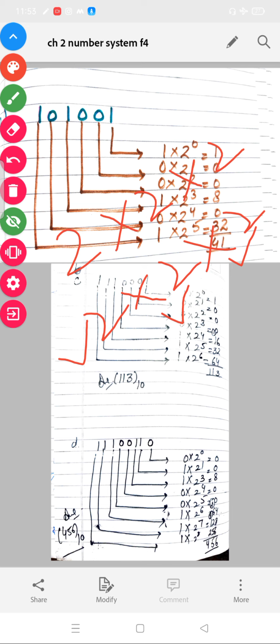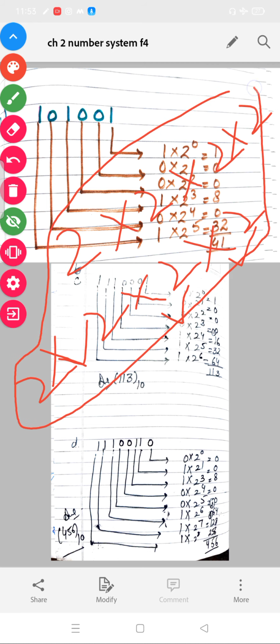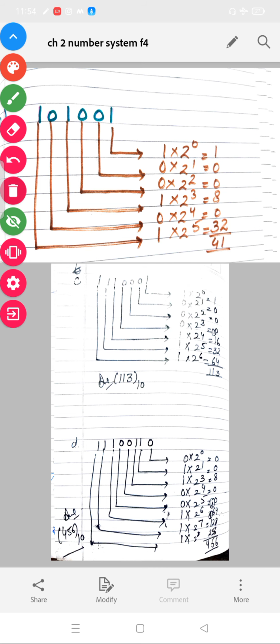64 रहा आपका। नेक्स्ट है आपका 2 रेज टू पावर 7, मल्टीप्लाई बाई 2, एक बार और कर लोगे तो 7 हो गया आपका। 64 मल्टीप्लाई बाई 2 विल बी 128। अब 2 रेज टू पावर 8 है तो 8 के लिए 2 जो है आपने एक और टाइम लिख लिया। यहाँ आपके अब 2 जो है वो 8 टाइम्स हो गए। 2 ज़ा 4, 2 ज़ा 8, 2 ज़ा 16, 2 ज़ा 32, 64, 128 and 256. As that you have mentioned all the things, and after multiplication you will do the addition. The addition result will be 456, that is base 10 for this.